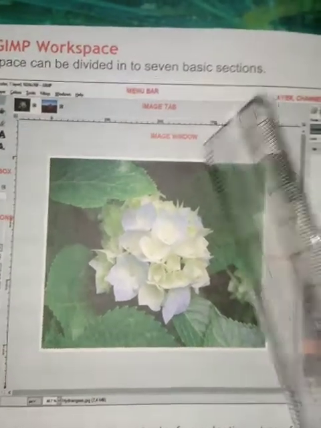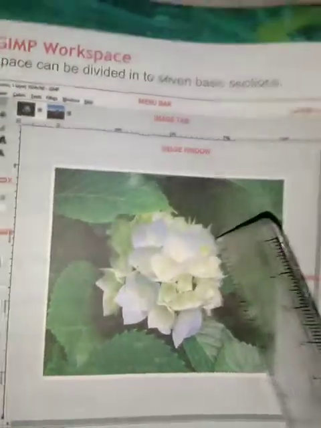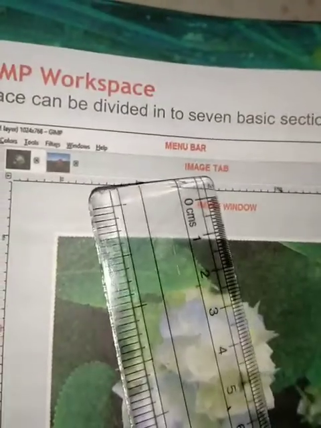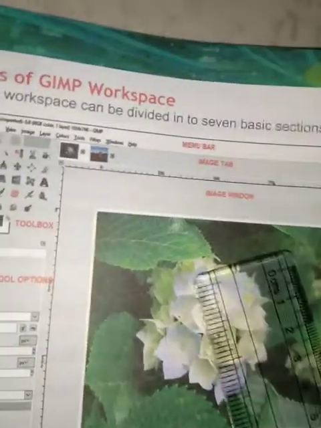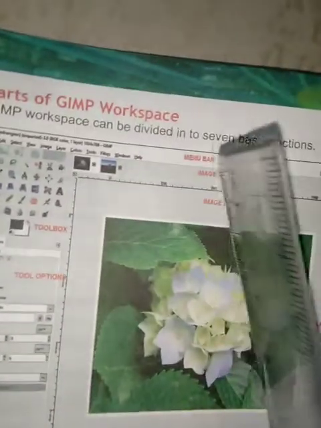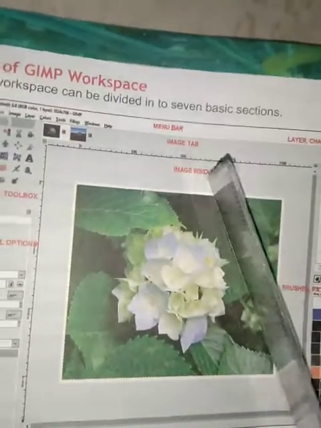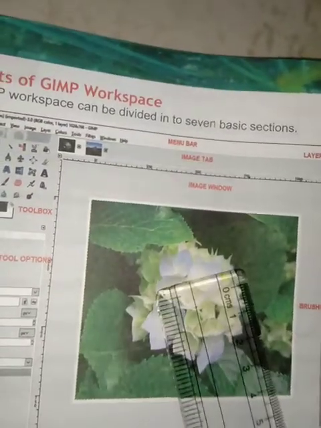So the image which you are viewing in your image window is the active image, and the images which you had opened previously will be shown in your image tab. You can keep moving. First you will be doing some changes in this, then later you want to move to the third image, come here, then later the second image, you can keep on navigating. You can keep changing the images, but only one image will be shown in your image window, and that will be your active image.